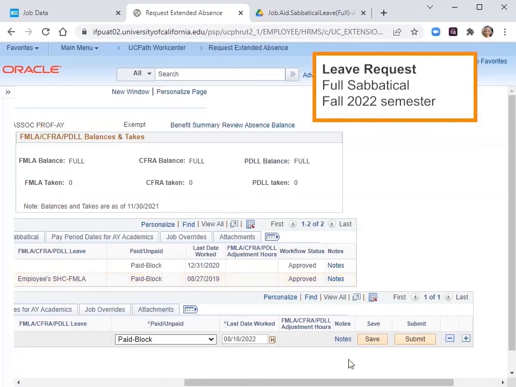Save to add any attachments. Then the transaction can be submitted.